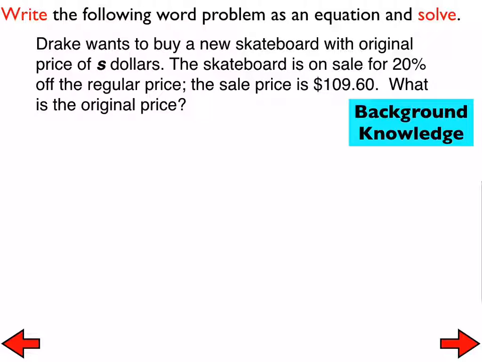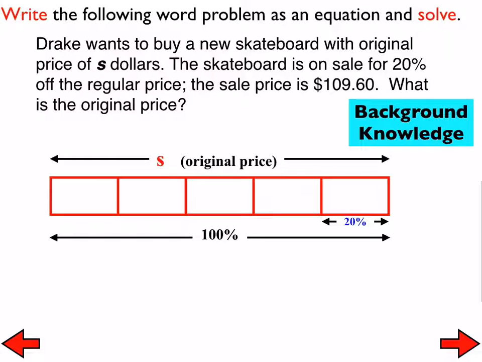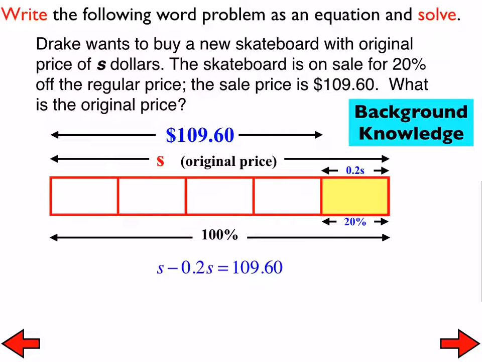So yesterday we had a problem that went something like this. Drake bought a skateboard. We don't know the original amount. All we know is that it was on sale for 20% off, and he ended up paying $109.60. Which, by the way, we're going to use that amount for number two. And so when we did that, we modeled it with a tape diagram to show that what was left was 80% or 0.8, and then we use that as an equation to